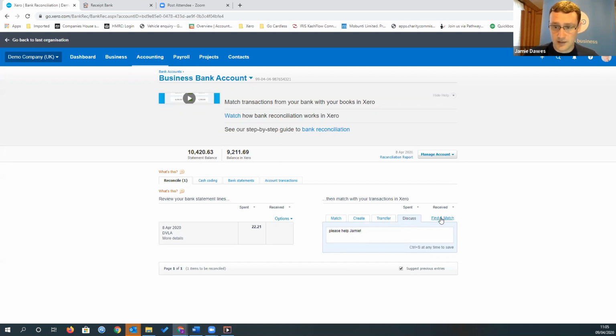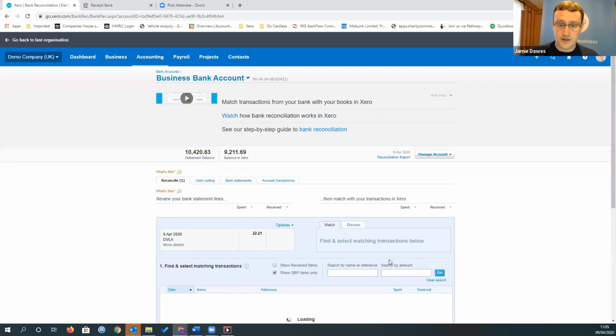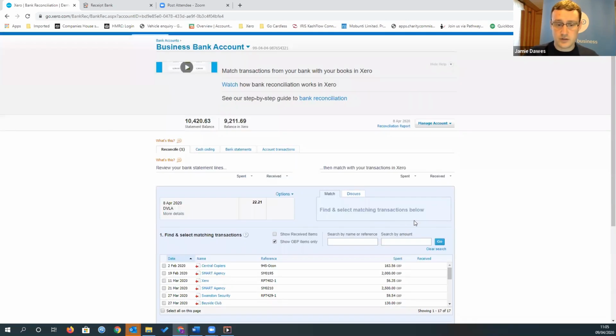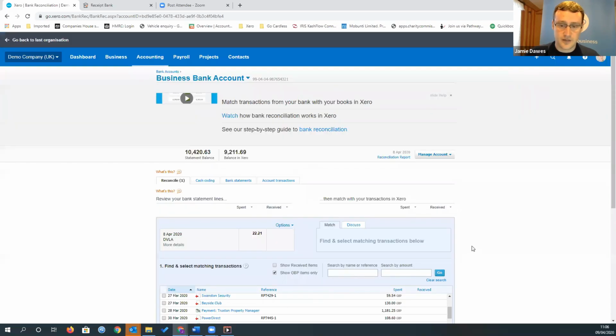And the last one is find and match. Find and match is used when you've got a payment which might pay multiple invoices, so Xero is not quite good enough to do that for you. So if you've perhaps got a payment that pays a statement balance, which is to say 10 invoices, this is where you go into it. You have to go find and match,